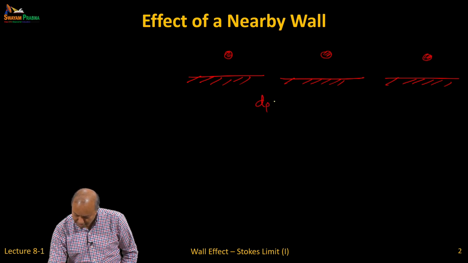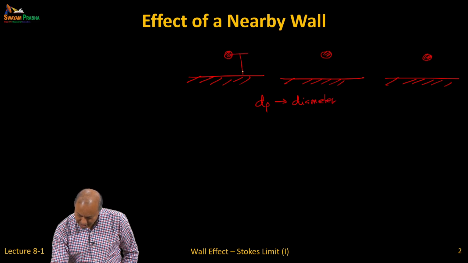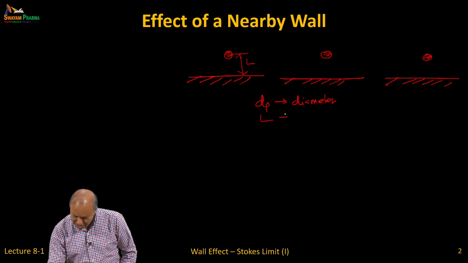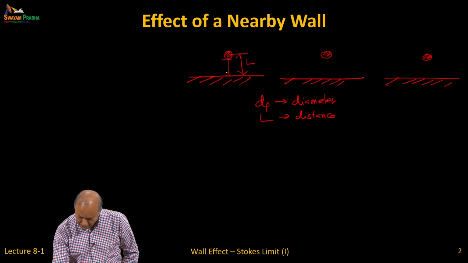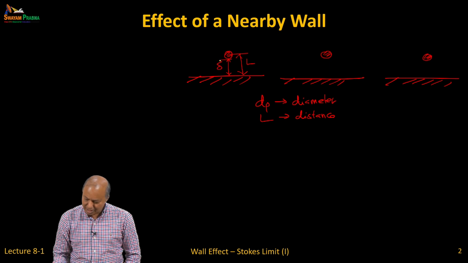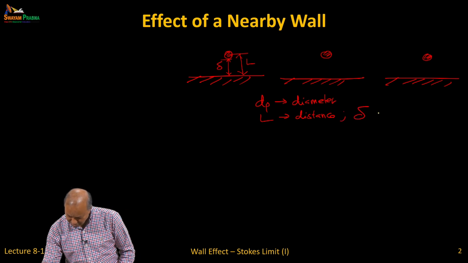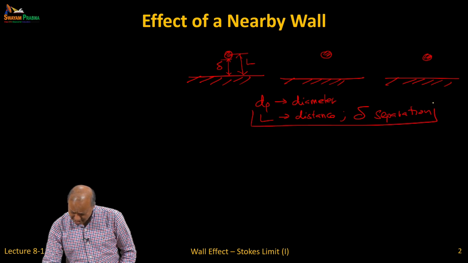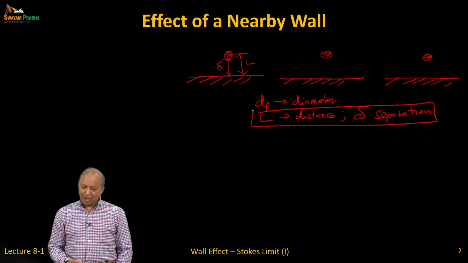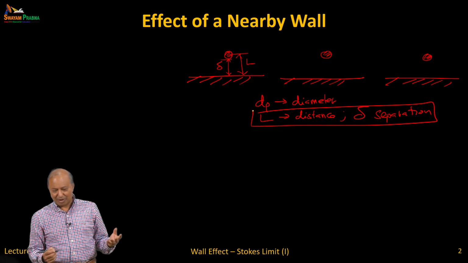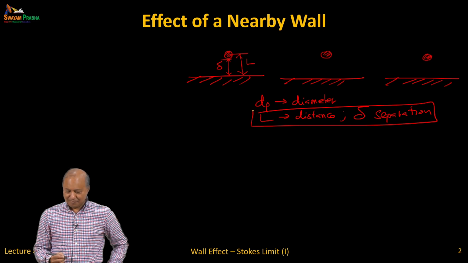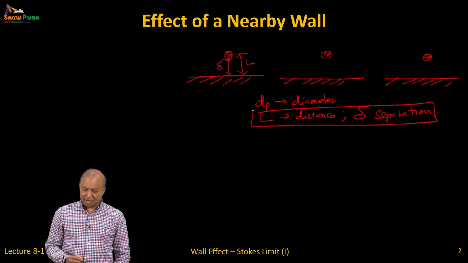So diameter dp. And another one is L, the distance, which sometimes I will also call delta. Delta is the separation. They are related. L and delta are off by one particle radius. Sometimes I will use L, sometimes delta, but it tells you how far the particle is away